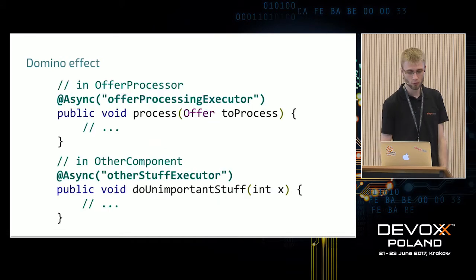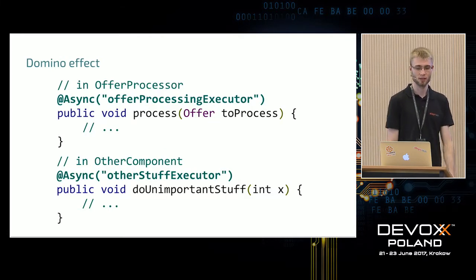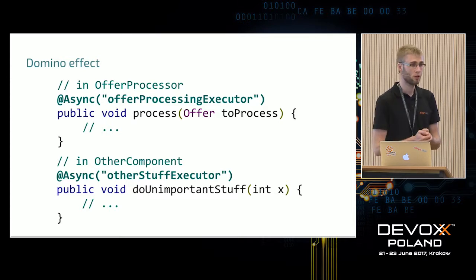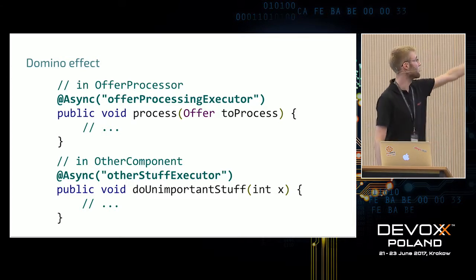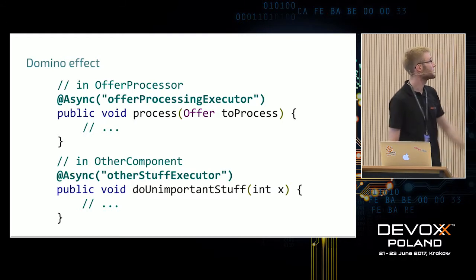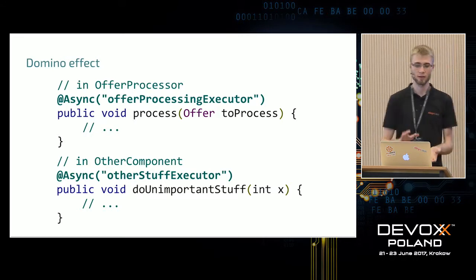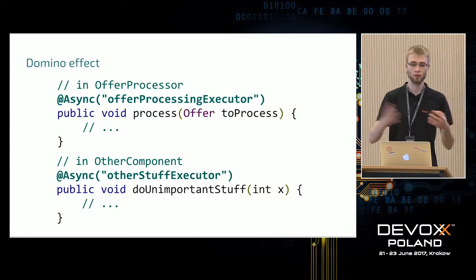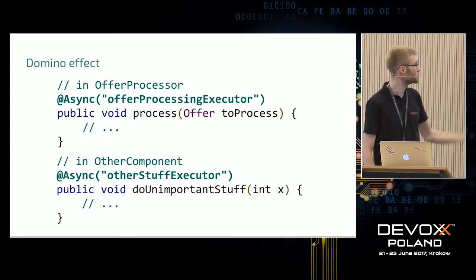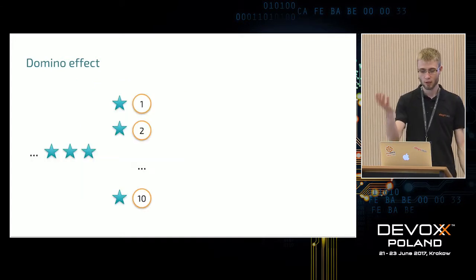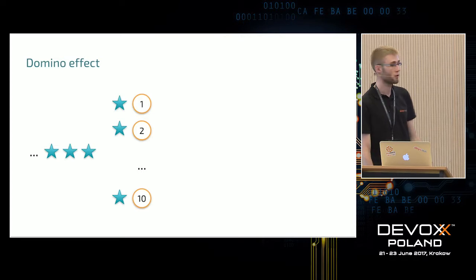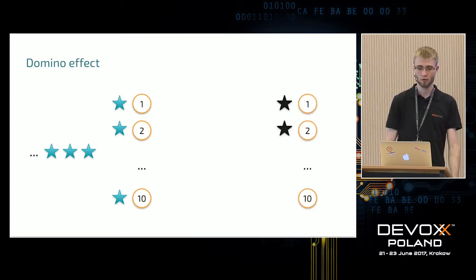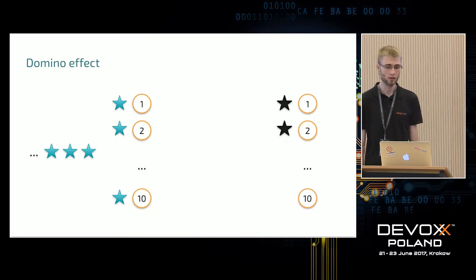do anything. So what we want to do is separate our thread pools. We want to make sure that our offer processing is executed on its own isolated executor, and nobody's going to take its threads. And then the unimportant thing has its own executor, or maybe multiple unimportant things share an executor, but basically we want to isolate the critical part. So right now, even though we have problems with our unimportant task, the offers, the important things, can get processed, and indeed there is nothing wrong.